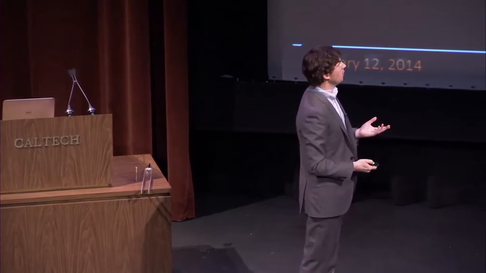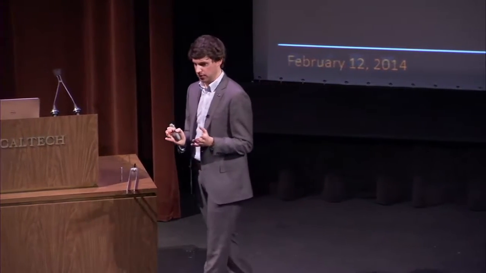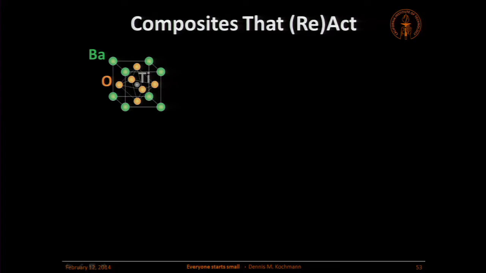Composites are interesting materials for many reasons. As I said at the beginning, you take two materials, you put them together, you get something new. One of the problems that I mentioned early on is they don't really do anything interesting because you can't get into this yellow corner. Let me show you one example of materials that actually act. They react and they do something quite interesting. What we see up here is the crystal structure of a material known as barium titanate. It's actually ceramic, but it has the same structure as these precious metals I showed you before. Barium, oxygen, titanate atoms all around. This is the crystal structure at high temperature.